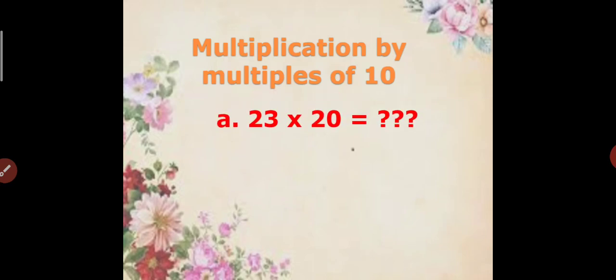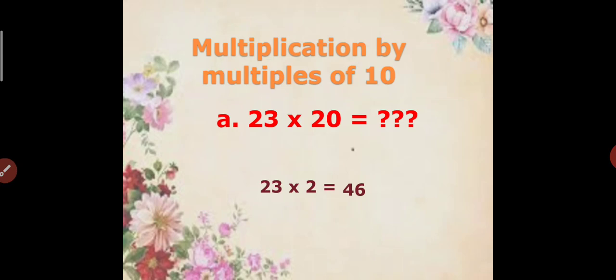First question, that is your exercise 3B. This is the first question of exercise 3B. 23 into 20. You can see here the multiplier is a multiple of 10. Instead of 10, we have 20 here. This calculation is also simple. Don't do the complicated calculation. Simply multiply 23 into 2. You just leave the 0. Then the remaining numbers we are going to multiply. 23 is the multiplicand and the multiplier is 20. We are leaving the 0 and taking only the digit 2. So, what will be the answer? You will get the answer 46.